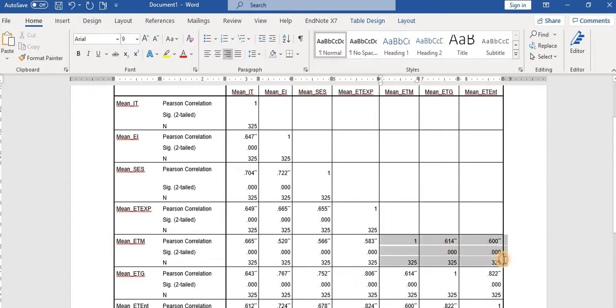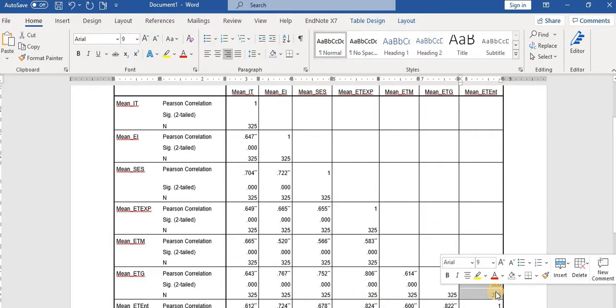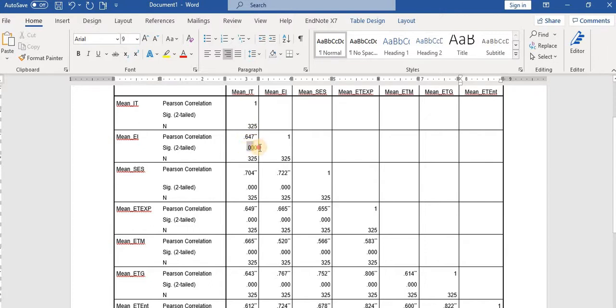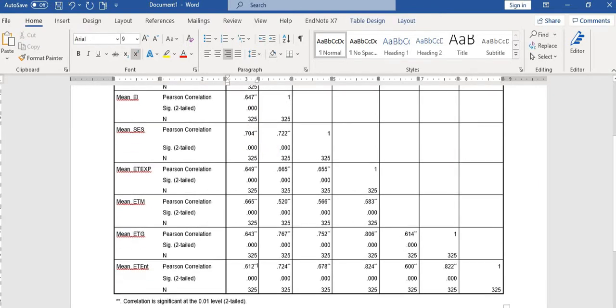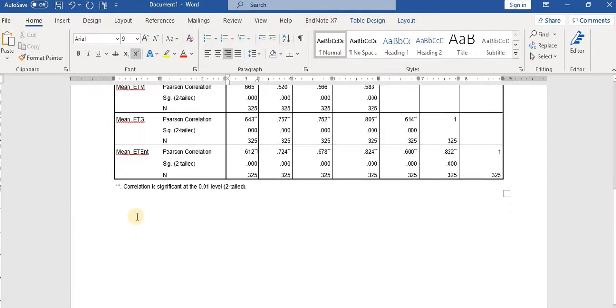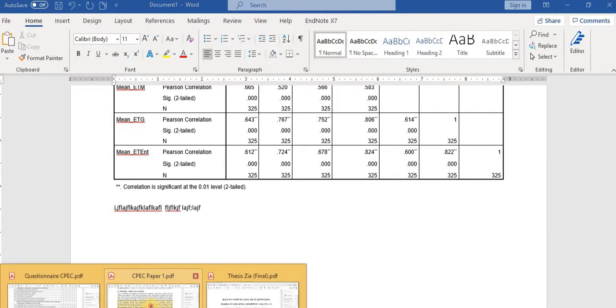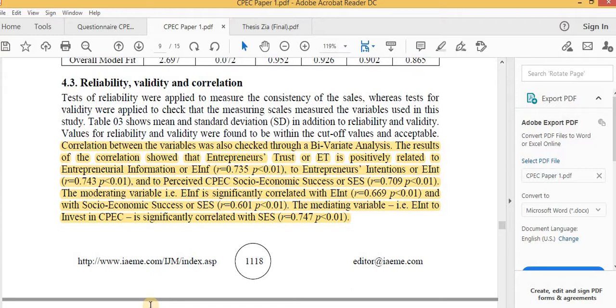Here you can find 3 lines in the analysis. The first line is the beta value, and then the second line is the p value, which is significant, and then there is the number of responses. At the end you can mention some text about it, how you found the table and how you calculate these values, what they mean. So I am showing you one of my theses and one of my published articles.